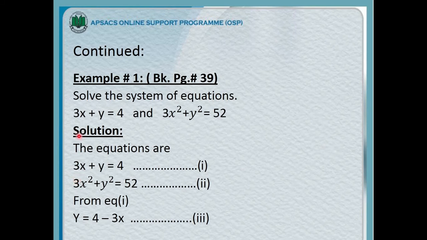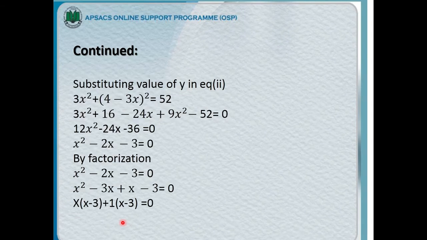I am going to explain example number 1 on book page number 39 in order to explain the first case, in which one of the equations is linear and the other is quadratic. So you can see the first equation is linear and the second equation is quadratic. These are the given equations, equation number 1 and equation number 2. From equation number 1, we can shift 3x to the right side to get an equation in terms of x. Now, by substituting the value of y in equation number 2, we get an equation in terms of x. This is a quadratic equation, and by factorization,